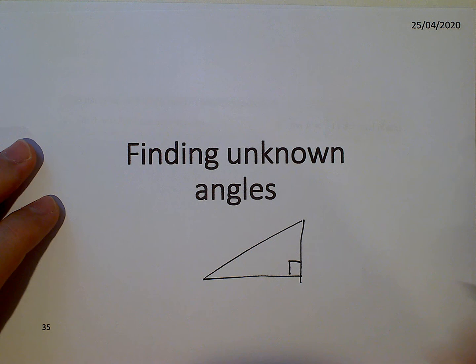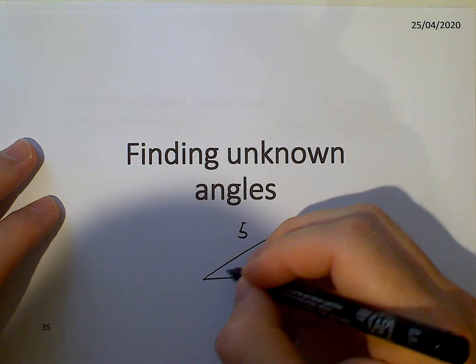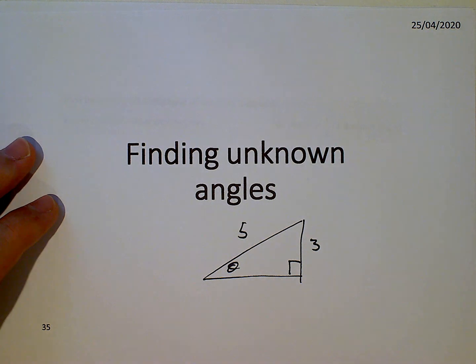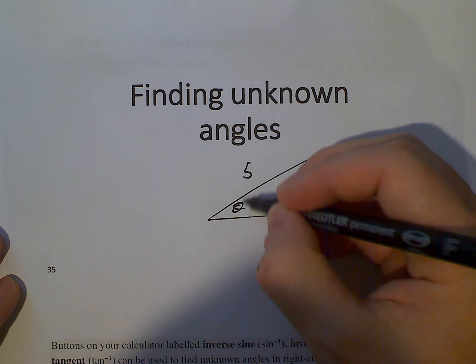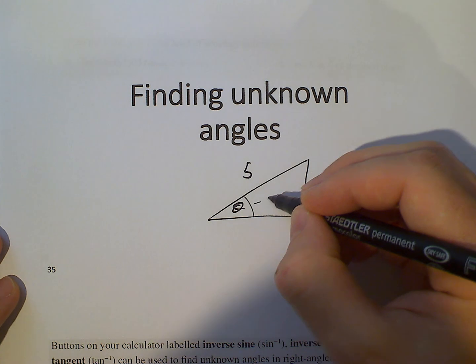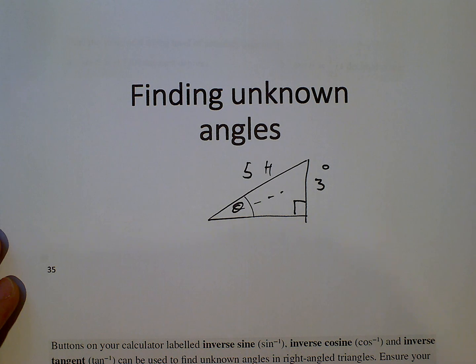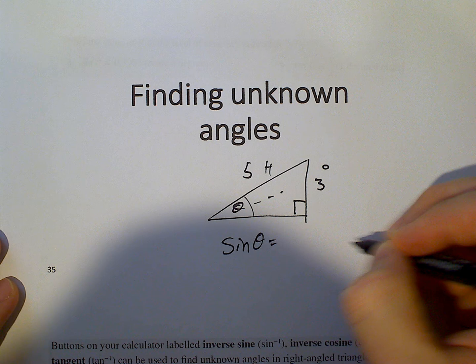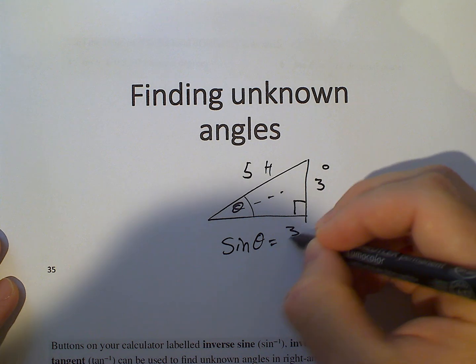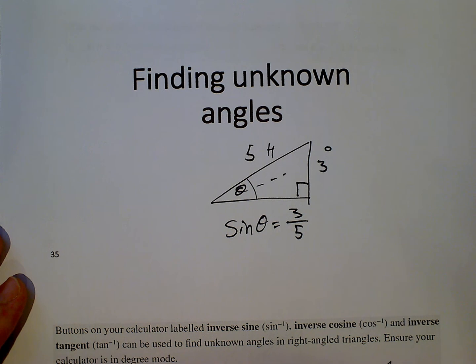and we have two sides. Let's say this is, I always use this, 5 and 3, and we wanted to know this. Okay, so using our trig ratios, or SOHCAHTOA, we would look at this and go, okay, we have an opposite, we have a hypotenuse, so that would be our sine. We would write this as sine theta is opposite over hypotenuse, and that's what you learnt a few lessons ago,